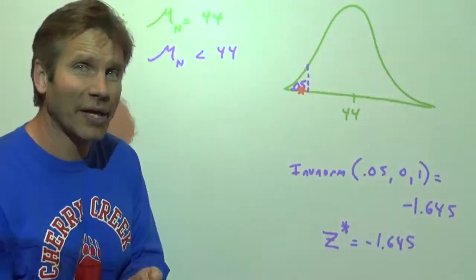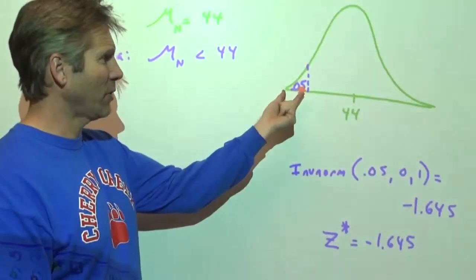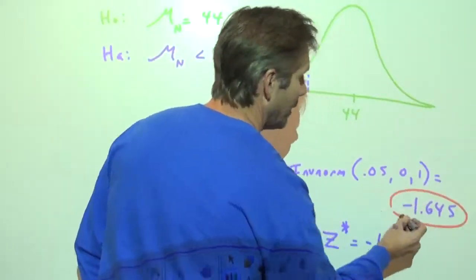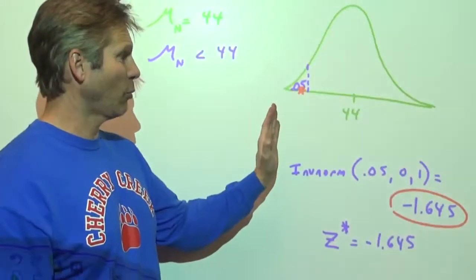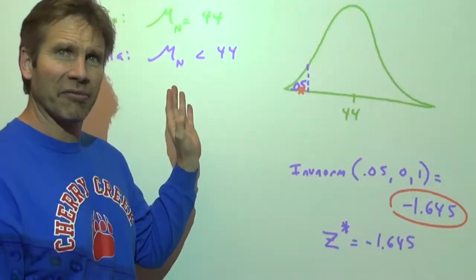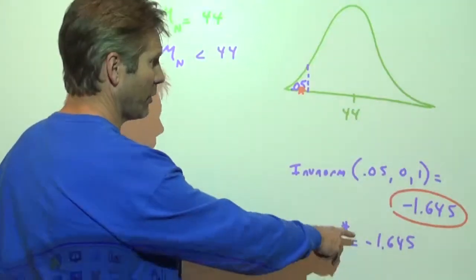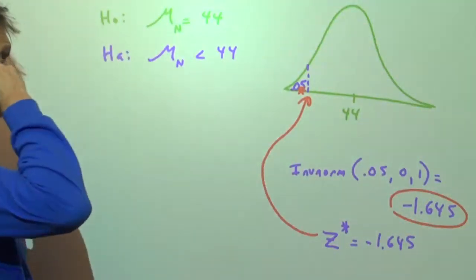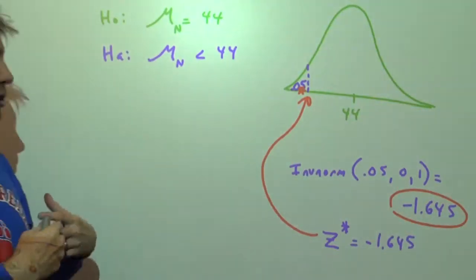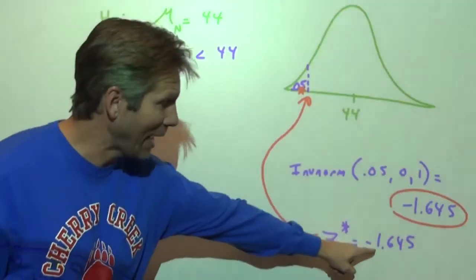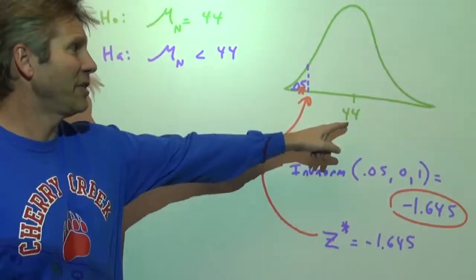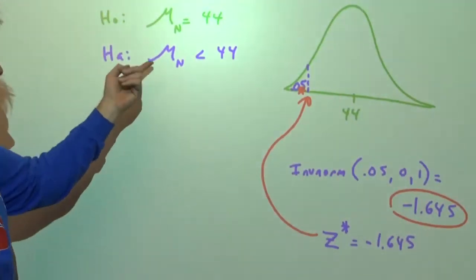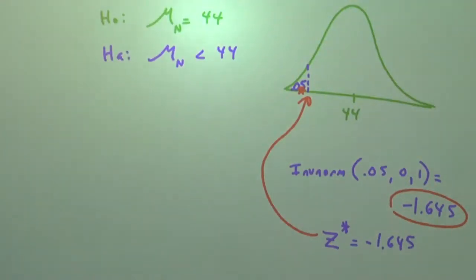That's like in a court of law, beyond a reasonable doubt. It has to be something that occurs less than 5% of the time. Now we could use inverse normal to find that z-score that would be right at the place where anything beyond that would happen less than 5% of the time. So this is the z-score that traps 5%. So what we're saying is that for you to be able to reject the null and have enough evidence to go with the alternative, you better be getting a sample mean that's at least that many standard deviations to the left of the assumed mean from the null. Otherwise, you don't have a strong enough case to convince us that the true mean would be less than 44.